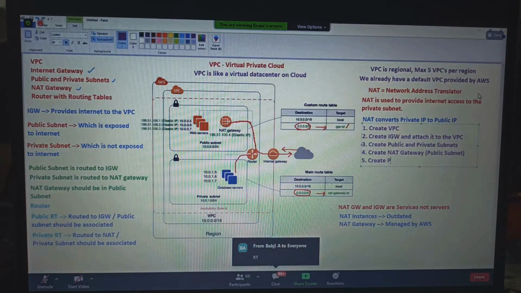Routing tables. How many? 2. Number 1, public routing table. Now you tell me, public routing table should be routed to internet gateway, and which subnet should be associated? Public subnet should be associated.